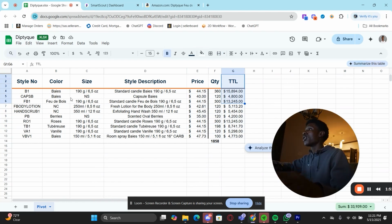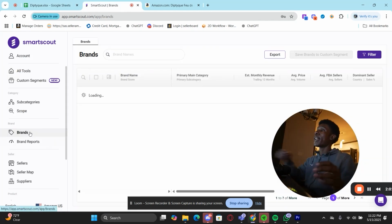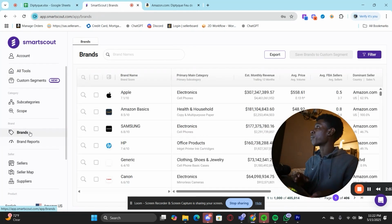and the total price of what it all is. So to do this, and especially when I'm getting a full brand from a distributor, what I like to do is go ahead and search this brand up inside of this tool right here called Smart Scout. I go to the brands category and simply search up the brand inside of Smart Scout so I can get the best sellers, only good products of this catalog. Now, mind you, this isn't a very large catalog, so I am going to manual source this,